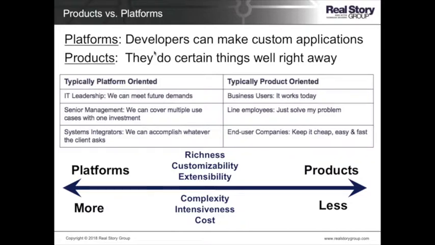So, for example, very often many software as a service multi-tenant solutions are products, right? You can do what you can do with them. You can make some basic configurations, but if it doesn't do something, you're stuck. You can't make it do it. Whereas platforms mean never having to say no, just how much time, money, and ibuprofen is it going to take to turn this WCM platform into the right application for me. This is really important for you to understand where you're at on this spectrum. My wish for you is to always have simpler needs so that you can address them through products. But that's not always the case, particularly larger enterprises sometimes need these more developer-focused sort of platforms.